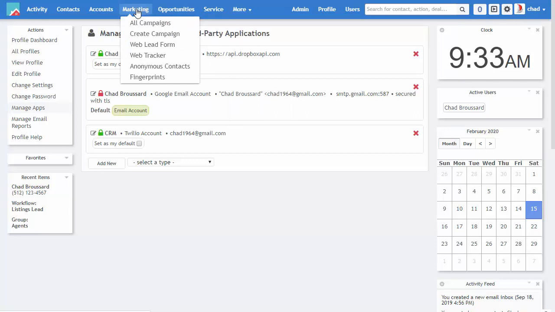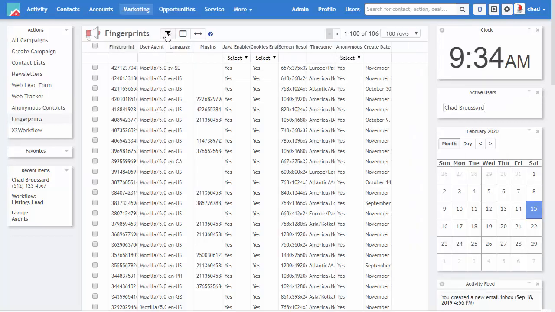Everybody says, what about web tracking? If I want to have somebody on my WordPress website, they fill out a form, I got their contact information, how can I track what they're looking at? Well, I'm going to jump over here to Fingerprints and give you an explanation about this. You would just click on the funnel here, and there are all of your fingerprints from,